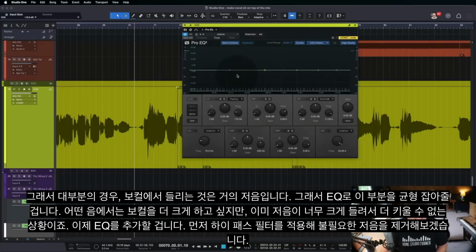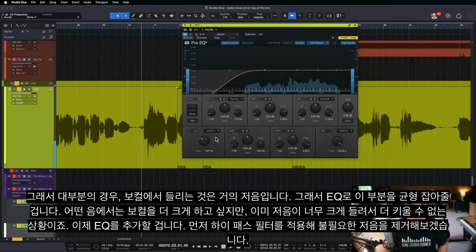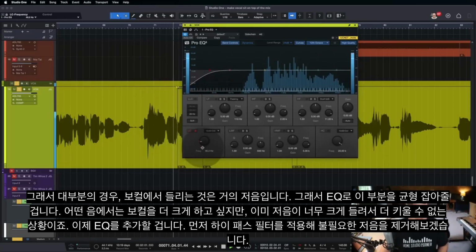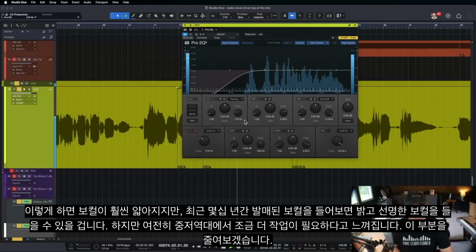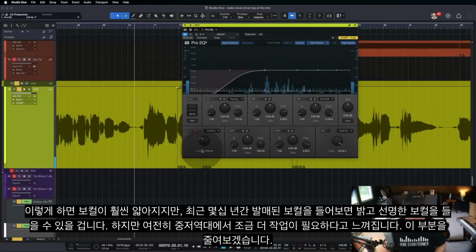I'll add Pro EQ. First thing I'll do is a high pass filter just to get rid of any kind of rumble there, and we'll do this in solo. My hand and heart move onward. And that already thins up the vocal a lot. It seems aggressive, but go listen to any vocal release in the last couple decades and you'll hear a nice,